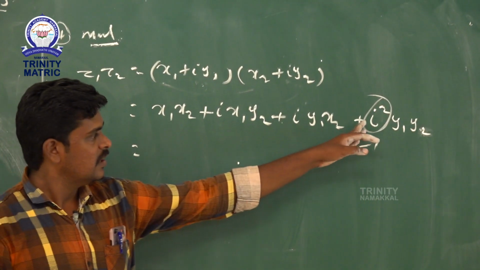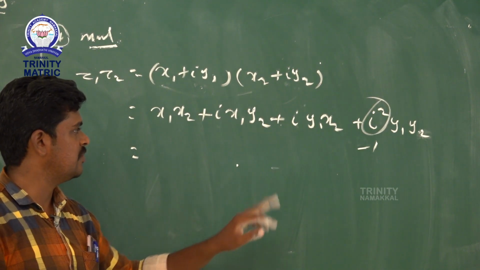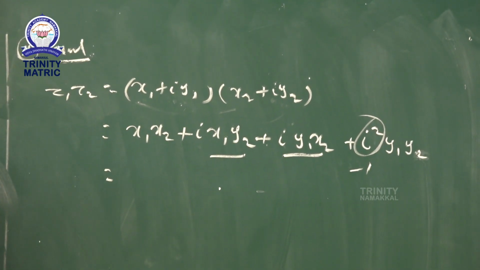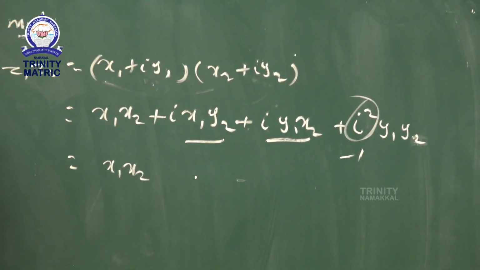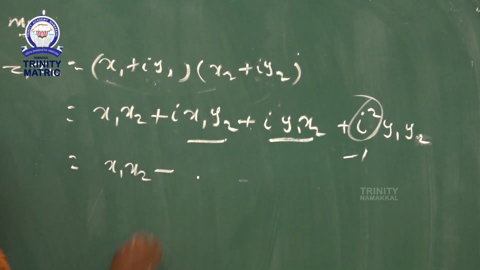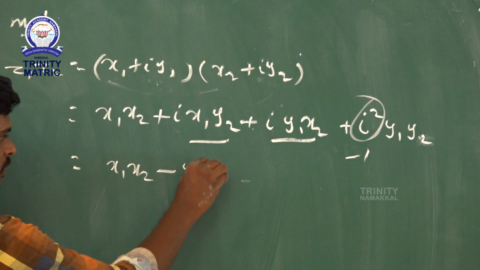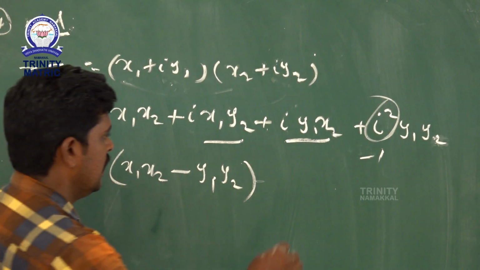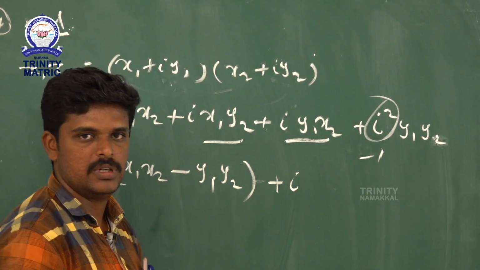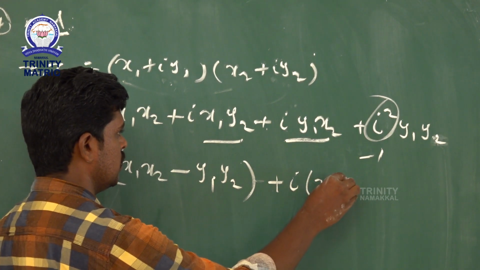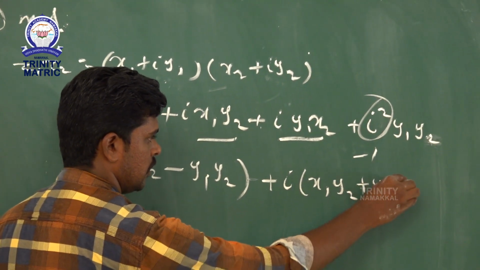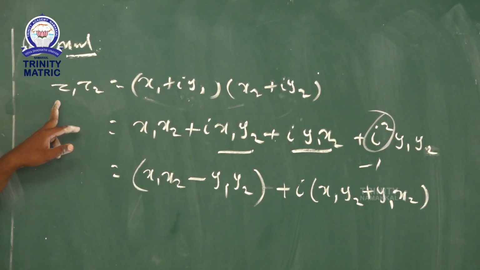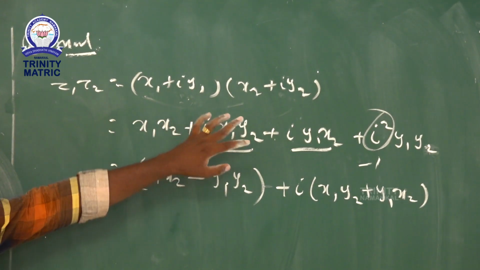Okay, so the same, say real term. What are the imaginary terms? Here also an imaginary term, here also an imaginary term. The remaining two terms are real parts. So take x1 into x2 as the first term, and then the other real term is minus y1 into y2. These two terms are real parts, so can be put here. Next plus i is a common term, take i outside, the remaining is x1 y2 plus y1 x2. That is the multiplication of the two complex numbers. So z1 into z2 is equal to this.